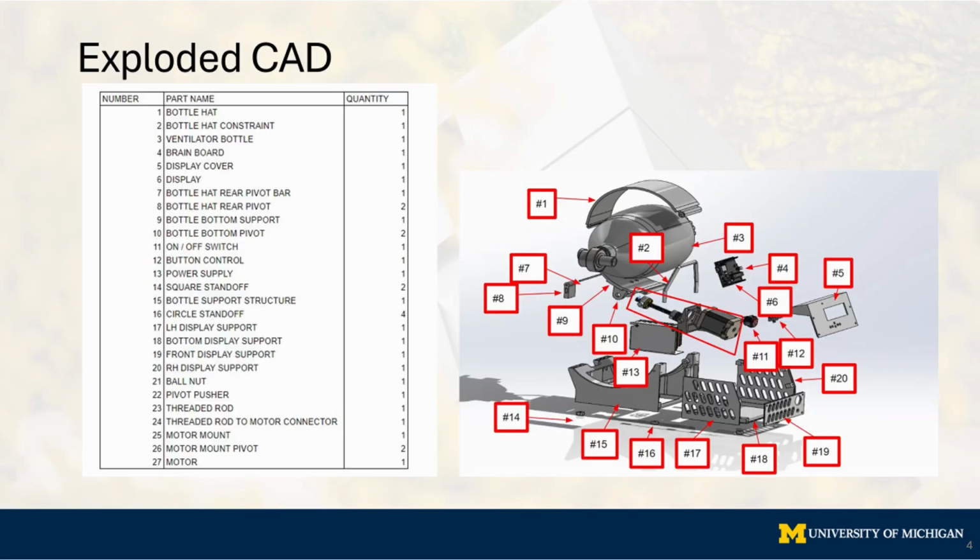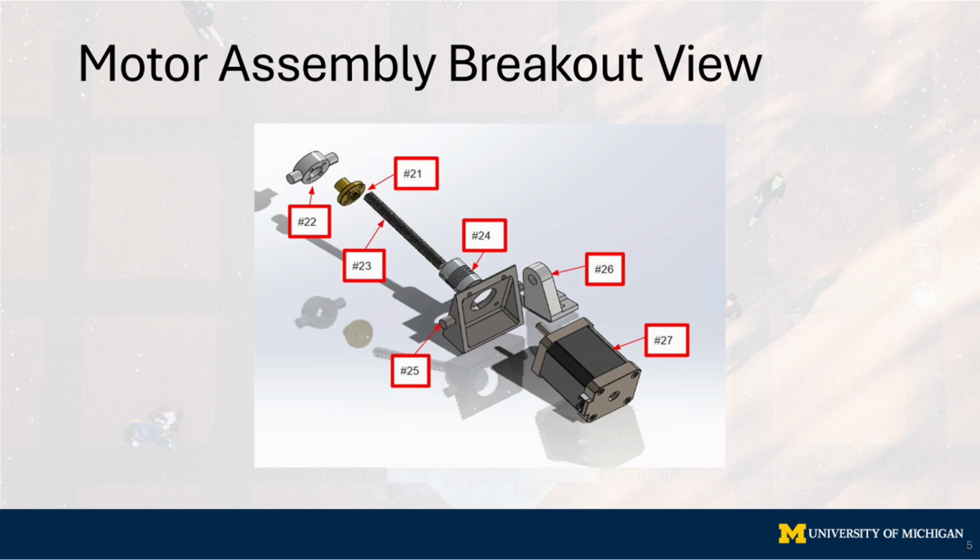Now, the exploded CAD shows the details of the product. There are a total of 27 unique parts that go in this design. Please use the table on the left as reference for the names of parts. Here's the motor assembly breakout view as it shows combined in the exploded CAD. It sits right underneath the bottle bottom support, and there will be a switch on the display panel that's connected